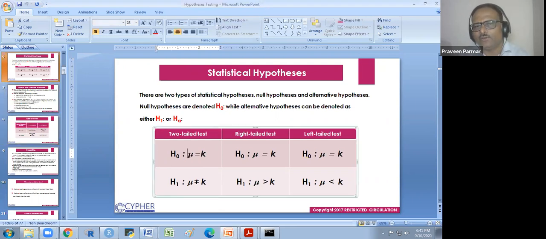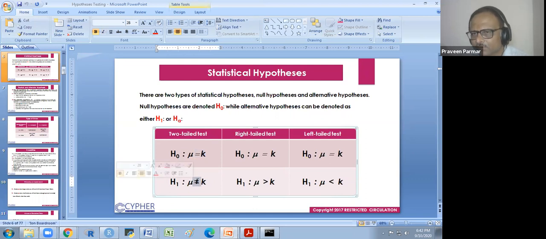So if your mu is equal to k, it is the notation, the sign notation we use. Sometimes we use the two-tailed test: mu is equal to k and mu is not equal to k. It means there is no significant difference between population mean and the sample mean. Is it clear to you? There is no significant difference between population mean and sample mean. It is symbolic. The alternate hypothesis would be the opposite of this: there is a significant difference. They are not equal. So there is a significant difference. Does that make sense to you?